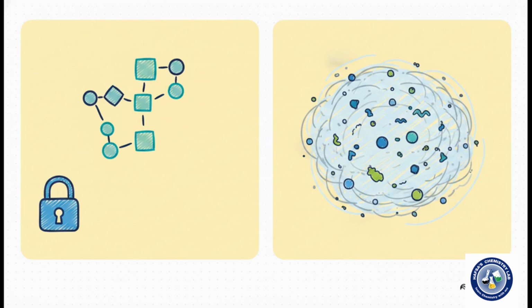Mixtures, on the other hand, like the ambient air we're breathing, salt solutions, or soil, are just physically mixed. Their composition is highly variable. I mean, you can stir a little extra salt into a saltwater solution, and guess what? It's still salt water. Mixtures have absolutely no fixed chemical formula, and they definitely do not obey this law. Please, whatever you do, do not confuse the two when you're running your calculations.